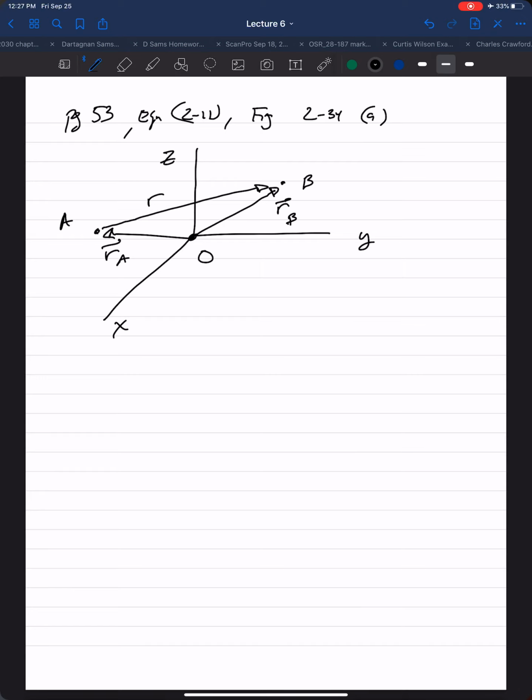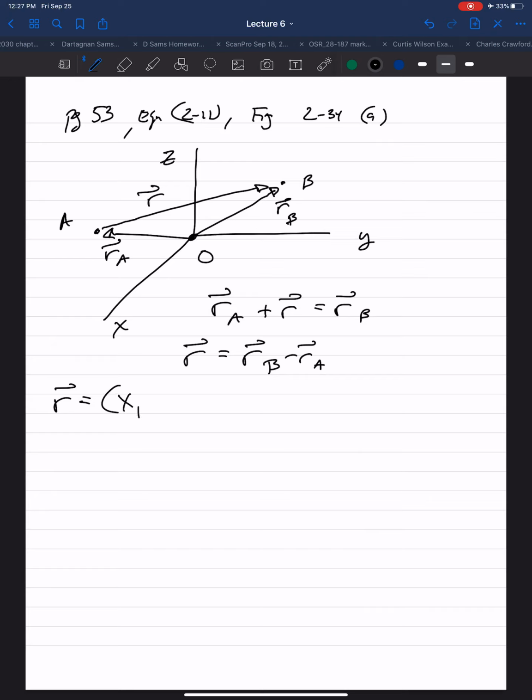So this is R. As we said before, the triangle rule: vector R_A plus vector R equals vector R_B. Rearranging and solving, vector R will be R_B minus R_A,